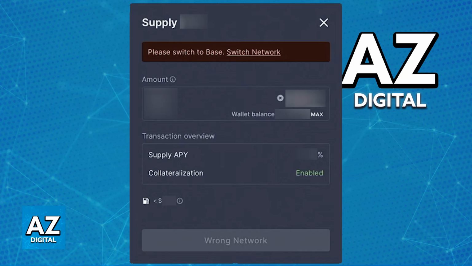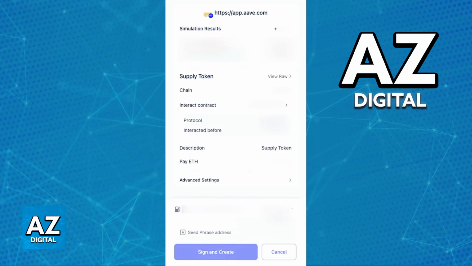Now, when you go over to any of these coins that I mentioned, you will be able to choose the option to supply, which is essentially the collateral that you will be depositing. And once you choose supply, you will be able to go through the process of supplying it to that specific cryptocurrency wallet. After you go through the supply process where you can specify an amount, you will be able to borrow around 75% of what you supply.